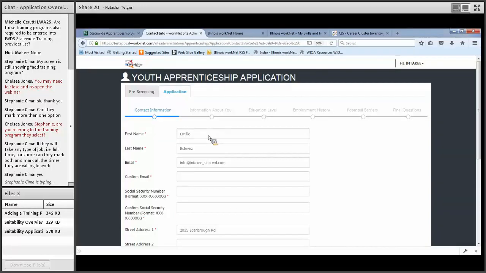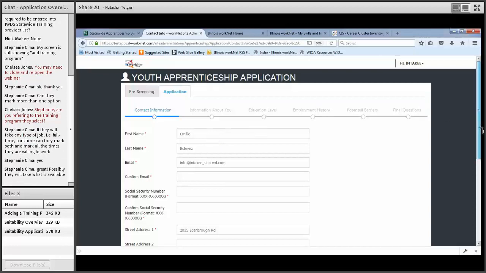Okay, so now we are in the application, and it's going to populate the application with the information that's currently available. I'm going to go ahead and copy some information in here. And again, I hate to always say this, but I am on test, so I'm always a little leery about making sure I have the right